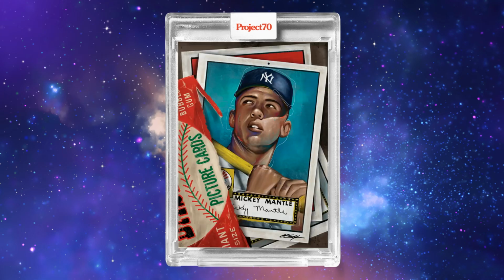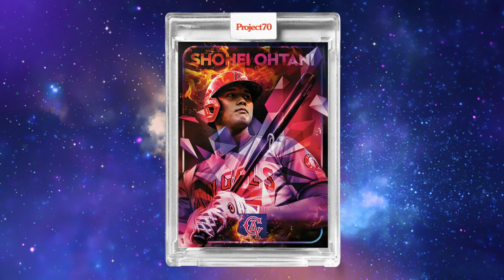Third up here, it is Chuck Styles with his 1952 Topps pack of Mickey Mantle. This is Mickey Mantle's 20th card in the set. This is also the 20th card from 1952. And from the Yankee perspective, this is card number 130. Fourth and ending the day, it is going to be Michael B with his Shohei Ohtani, the #1 player